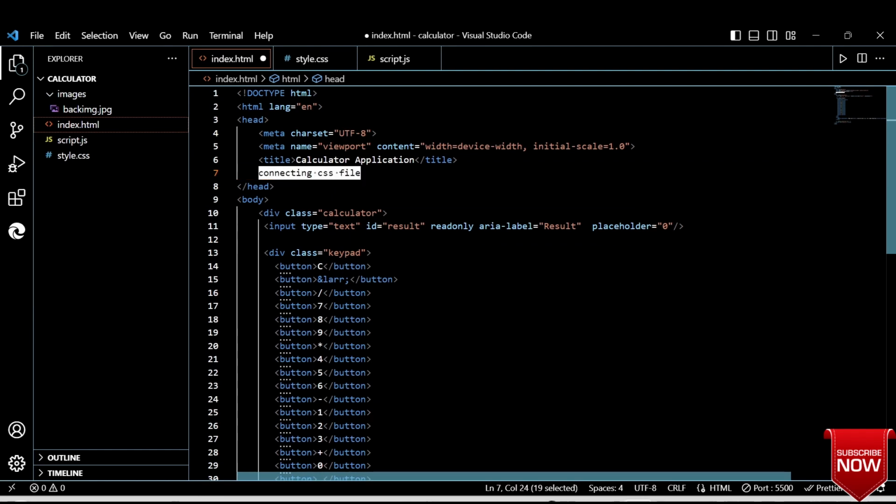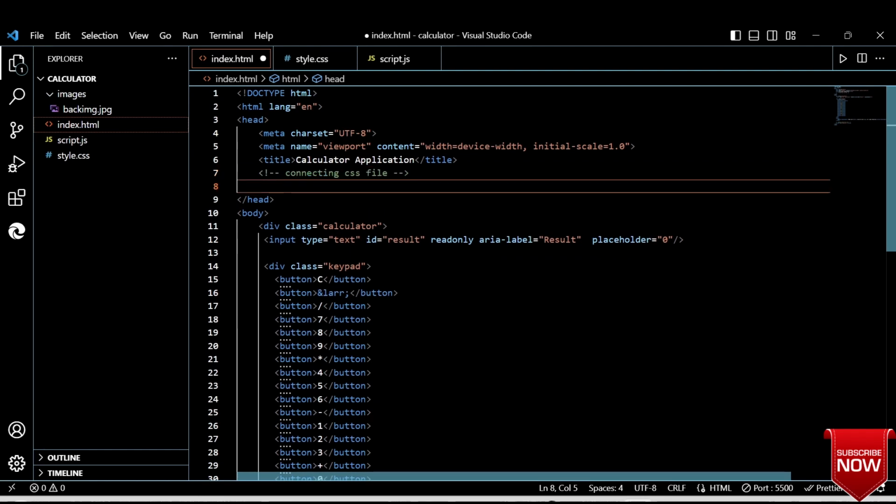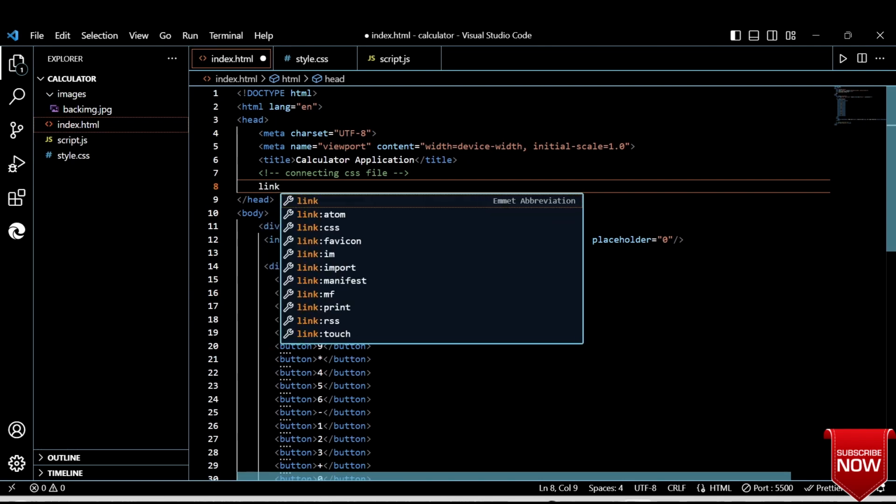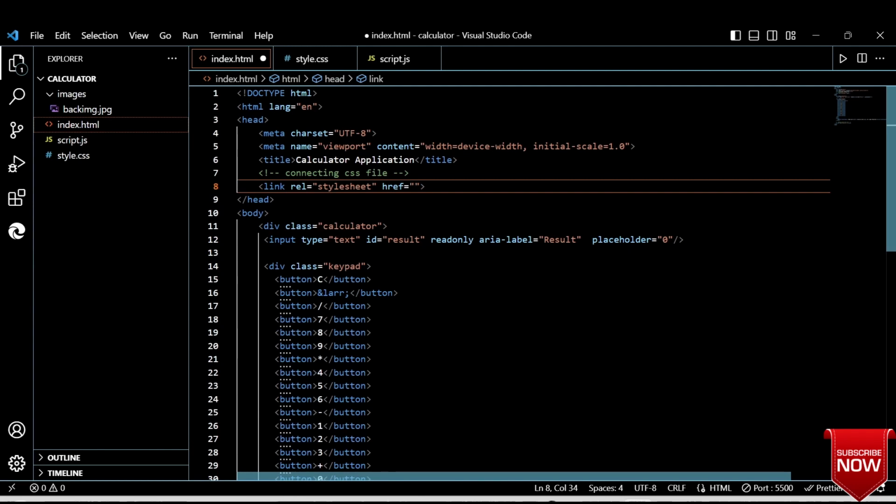Then Control plus forward slash, and then I'm writing link, and to the source I'm giving style.css, right? So this will add my CSS file, and also I need to define the type of this link. So I'll write type and text slash CSS type. Okay,